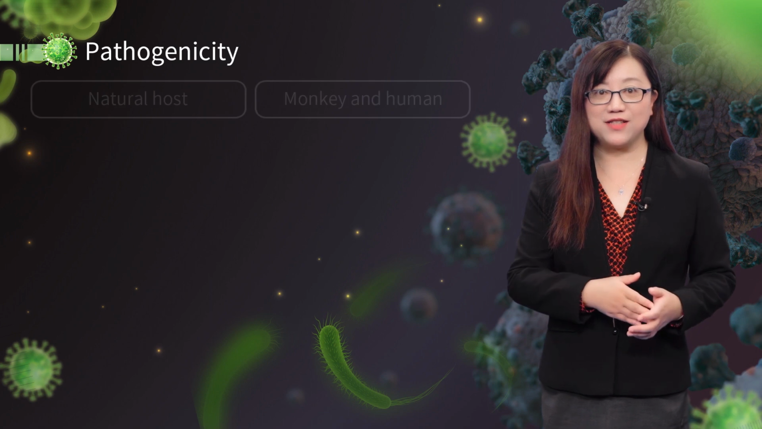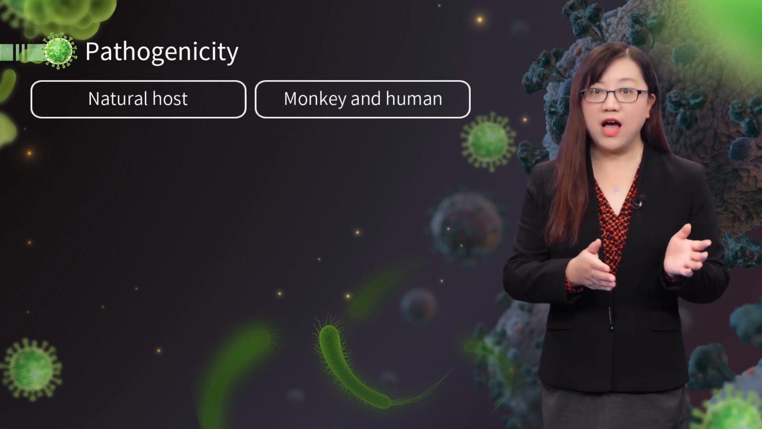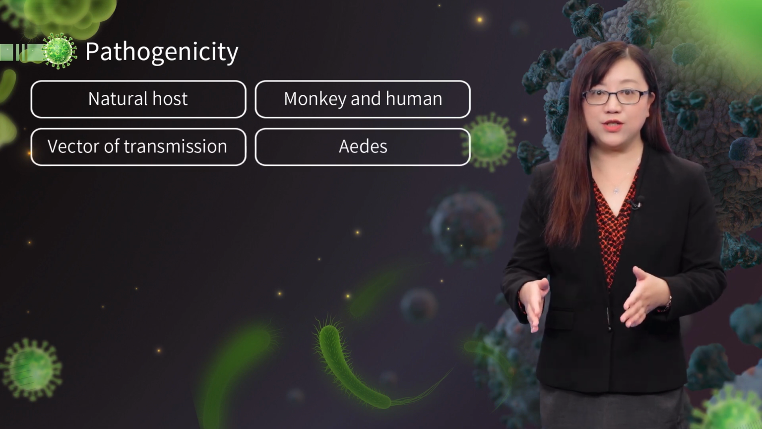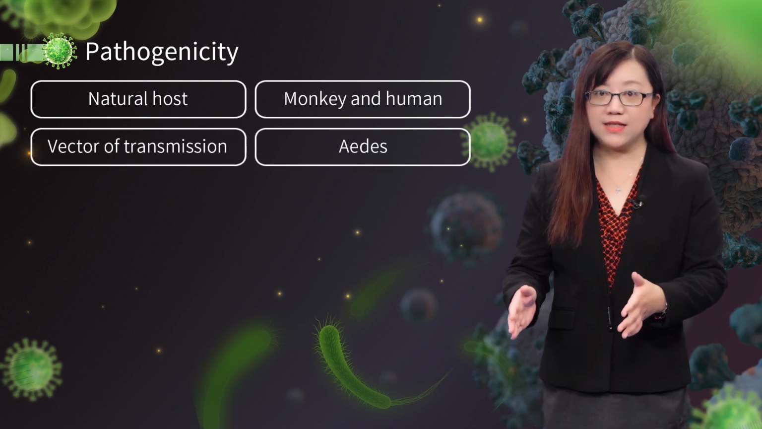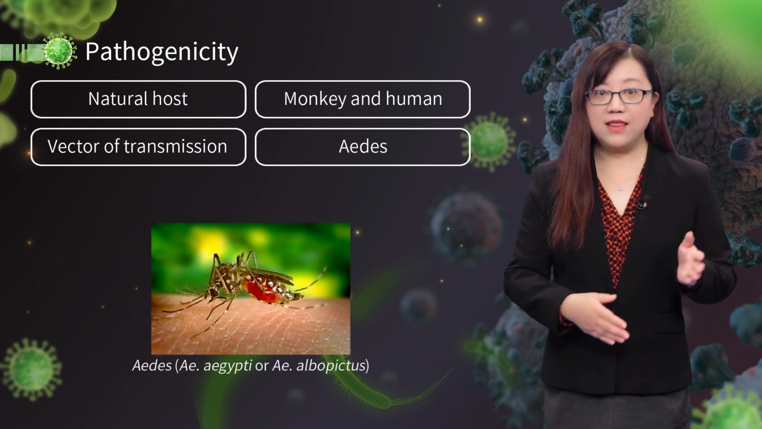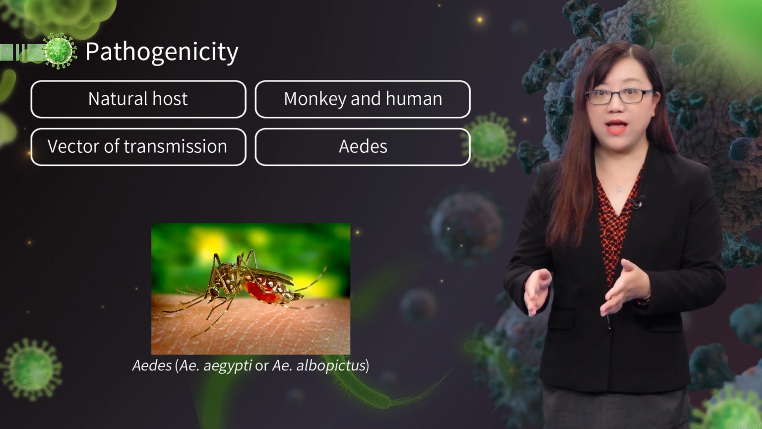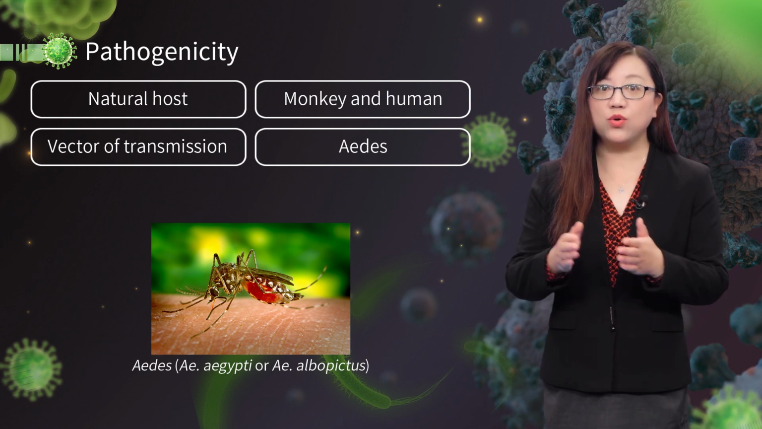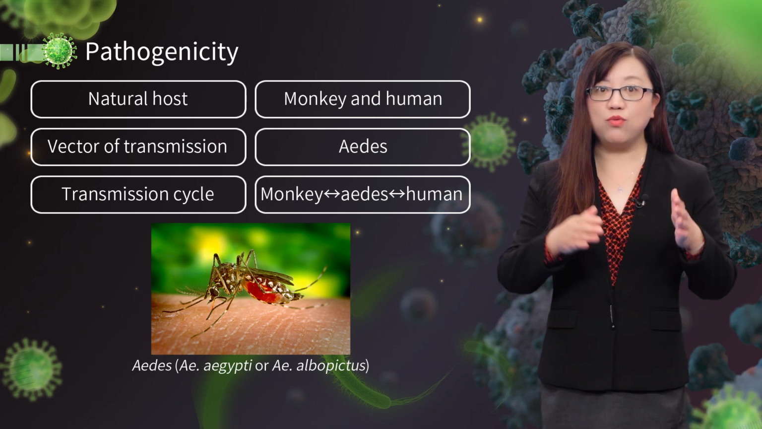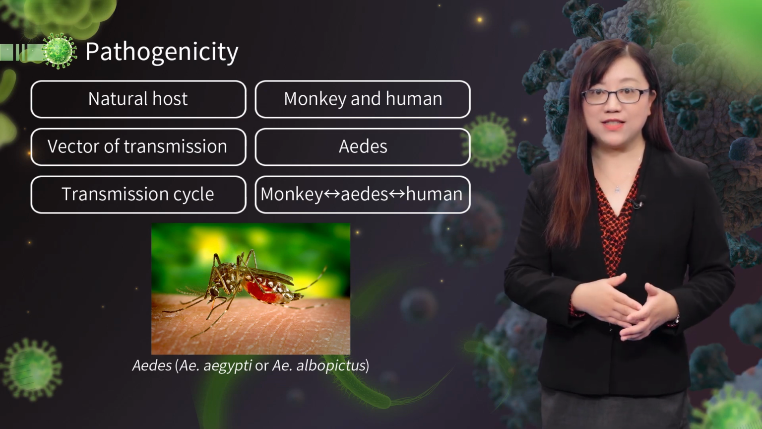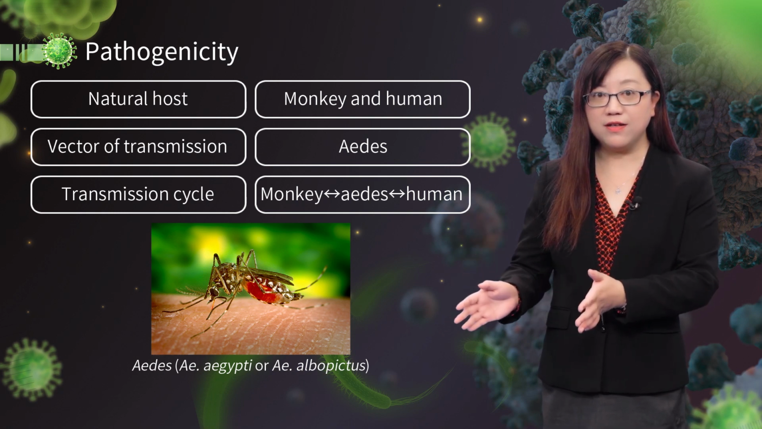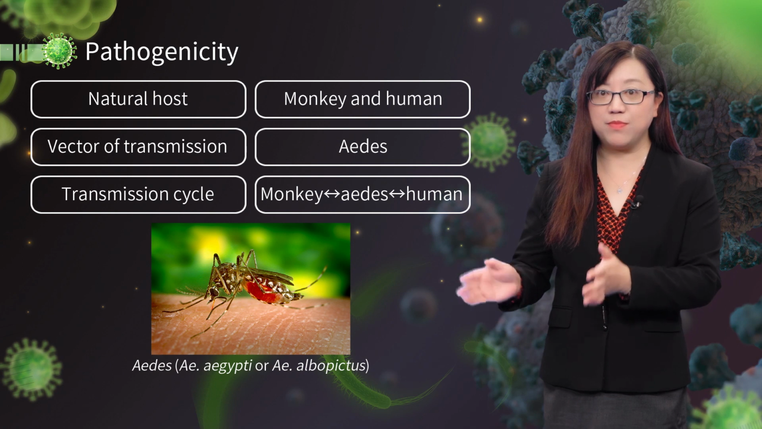Pathogenicity of dengue virus. Natural hosts are monkey and human. The viruses are transmitted to people through the bite of an infected Aedes mosquito. These mosquitoes also spread Zika, chikungunya, and other viruses. Humans are the reservoir for dengue virus, but monkeys in the jungle are another reservoir, and other Aedes species may